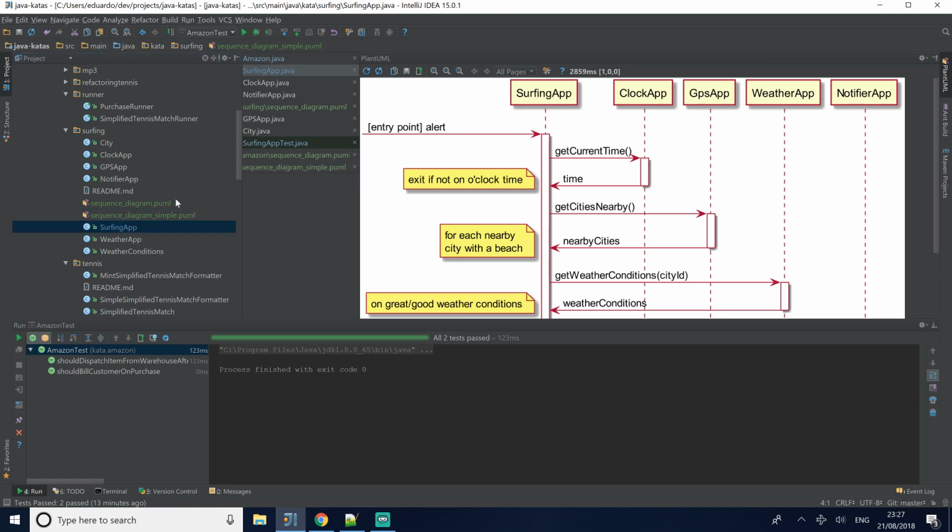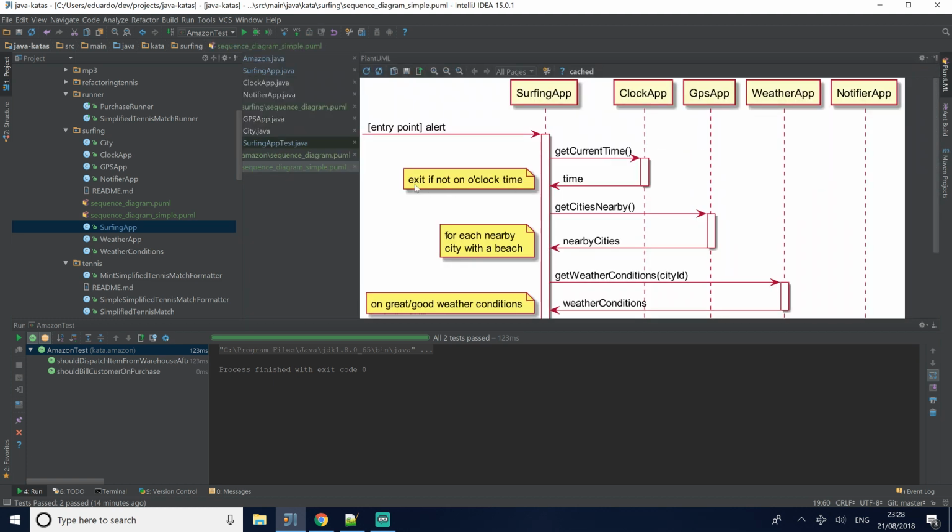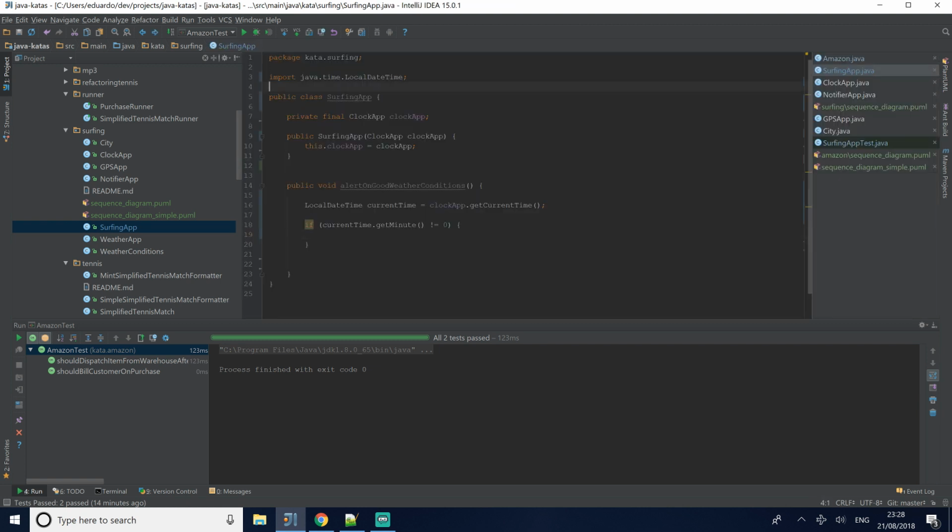So let me do that. Okay, so first I need to use the clock app. Okay, and then I would write here the condition for the current time being on the hour. So that would be get minute. Okay, and then if you remember on the simple diagram, we said to exit if it's not on an o'clock time. So we can do that by just going on here and saying return. Perfect. Okay, so now I can go back to my diagram